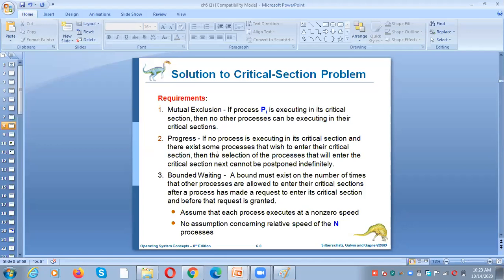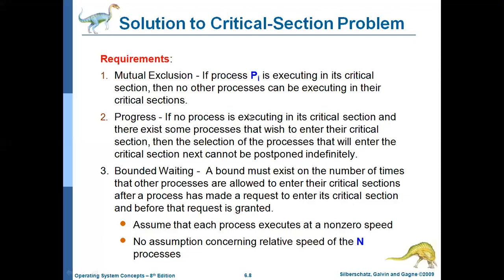Observe this line: no process executing in the critical section, and some processes wish to enter into the critical section. Then the selection of the process that will enter the critical section next cannot be postponed indefinitely. That means right now there is no process in the critical section, and some processes are willing to enter into the critical section.